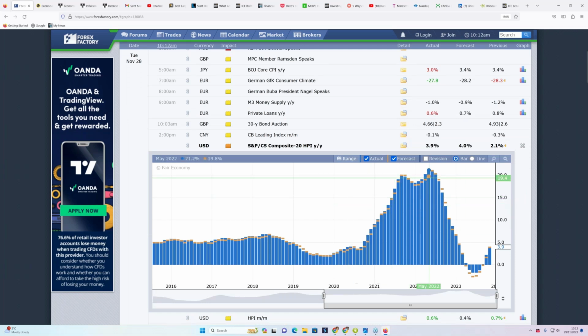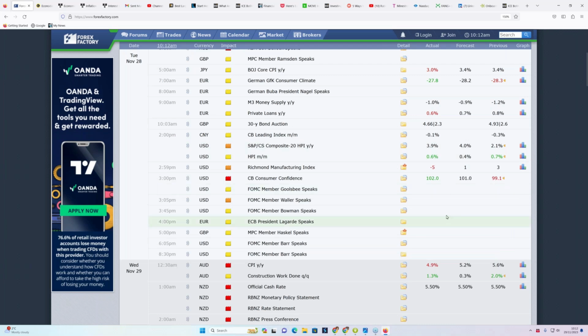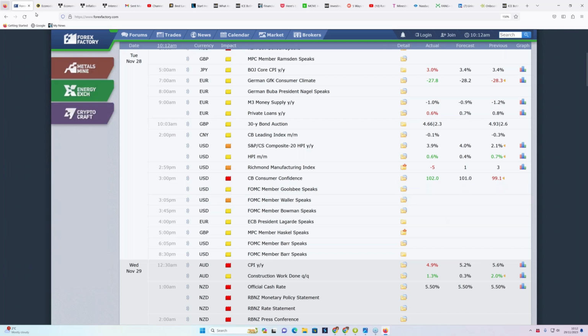And you can see it's been rising, then falling, and now it's on the rise again. Now, that may or may not be appropriate to the currency pair or instrument that you are trading, but it gives you a really nice mental picture of what that particular release, what that particular data set is actually saying.